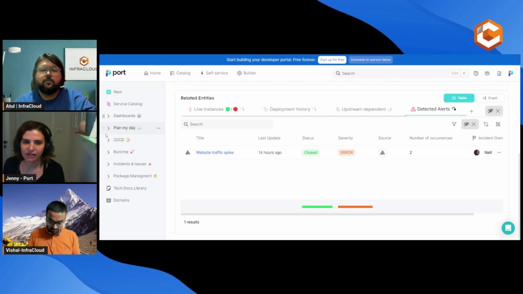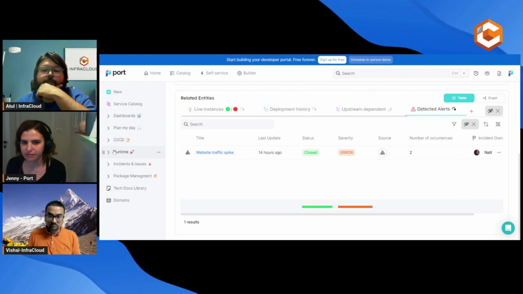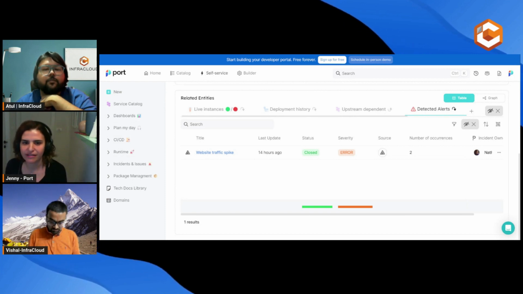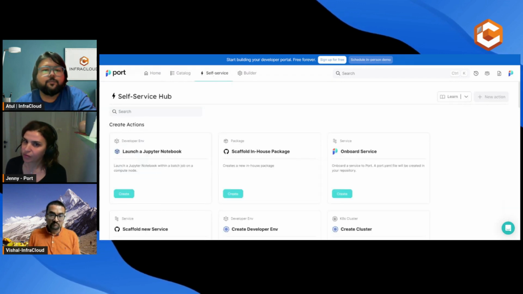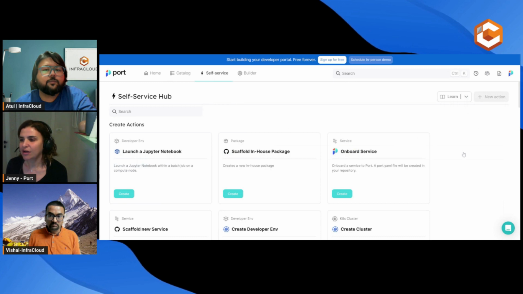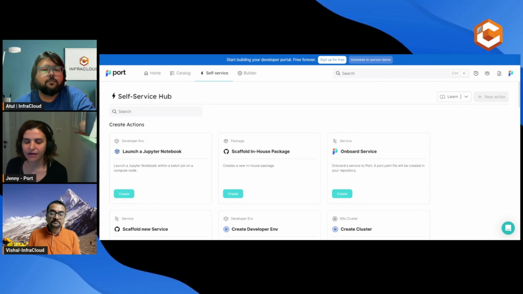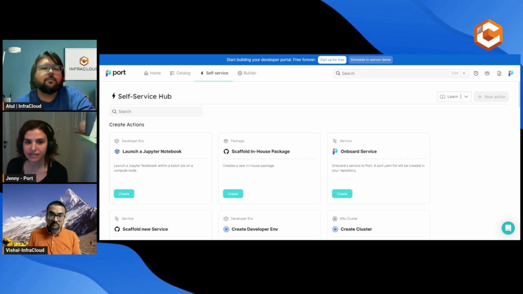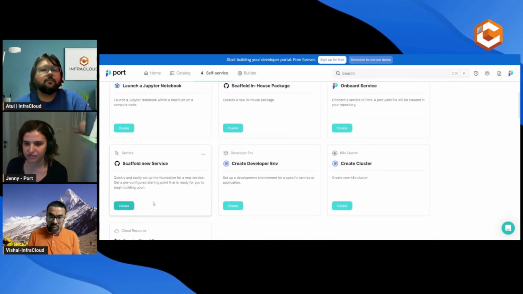So that was the catalog, and as I told you, we're having not only services but many other entities, cloud environment, etc. The next pillar of a portal will be the self-service, and here we've really defined a lot of self-service actions that can be performed from the portal. And in Port, there are 3 different types of self-service action. The first one is create action. So for example, I want to scaffold a new service, or we talk about it.